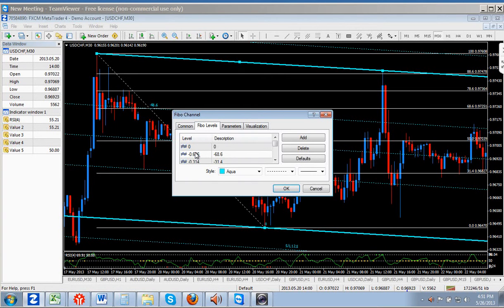Okay. So under the fib levels tab, the left-hand column will have your ratios that you need to input. So you double click on it and you can change that number. Okay, I forgot what the default is, but it was probably a fib number because this is called the fib channel. So I changed it, and you have to remember that